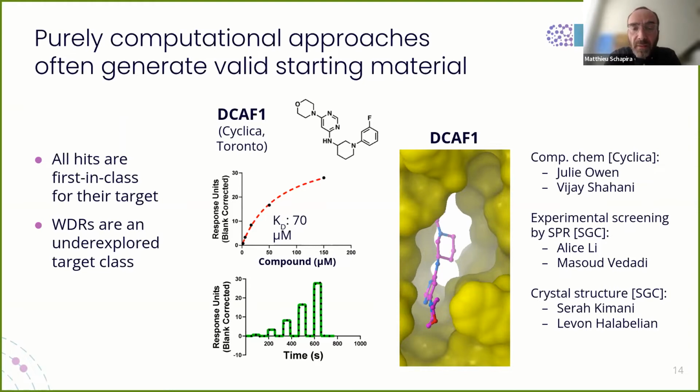And Alice Lee in Matthieu Schapira's group at the SGC tested this experimentally and confirmed that this compound indeed was binding to DCAF1 in the SPR assay here with a KD of 70 micromolar. So it was not very potent, but it was definitely a reproducible hit experimentally. And the compound was behaving well in solution. It was soluble, and because it was a robust and reproducible hit,